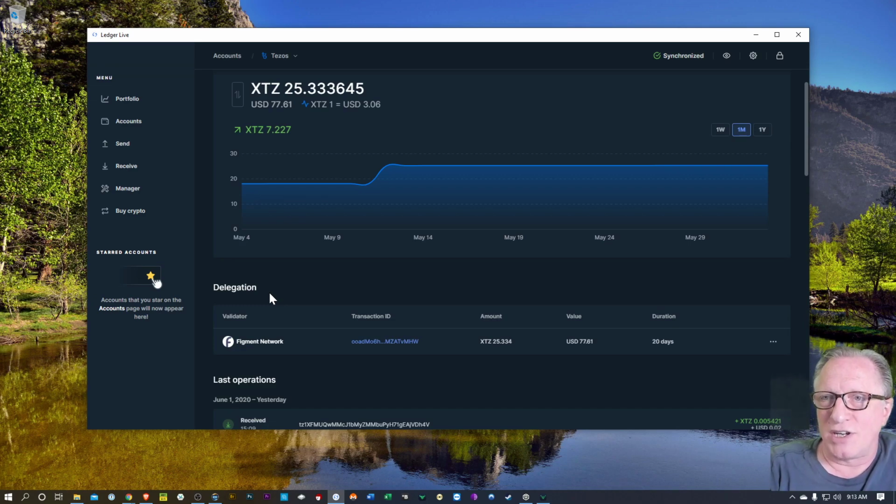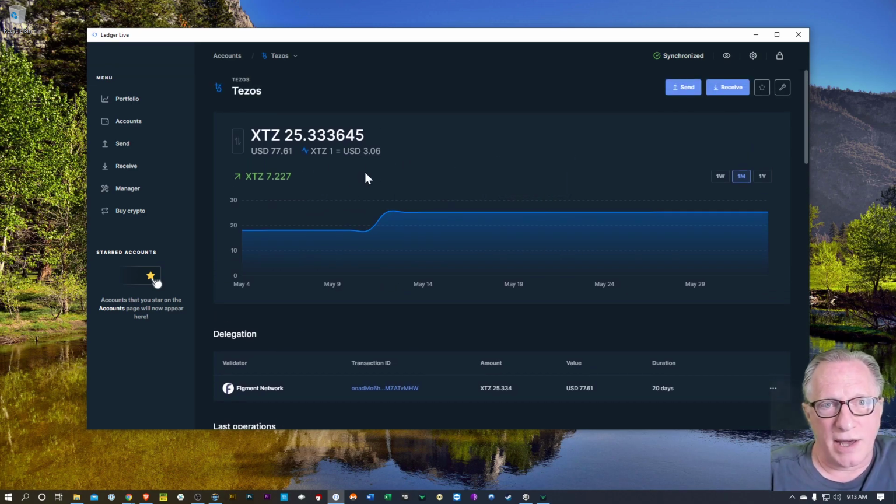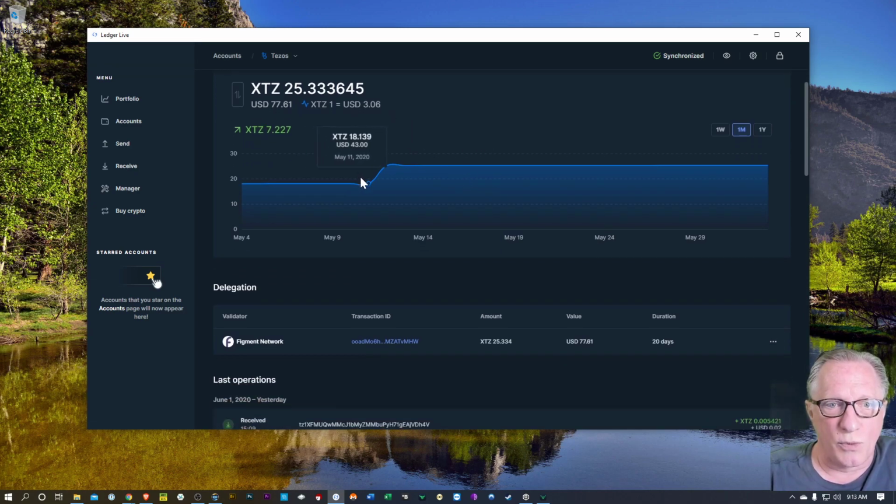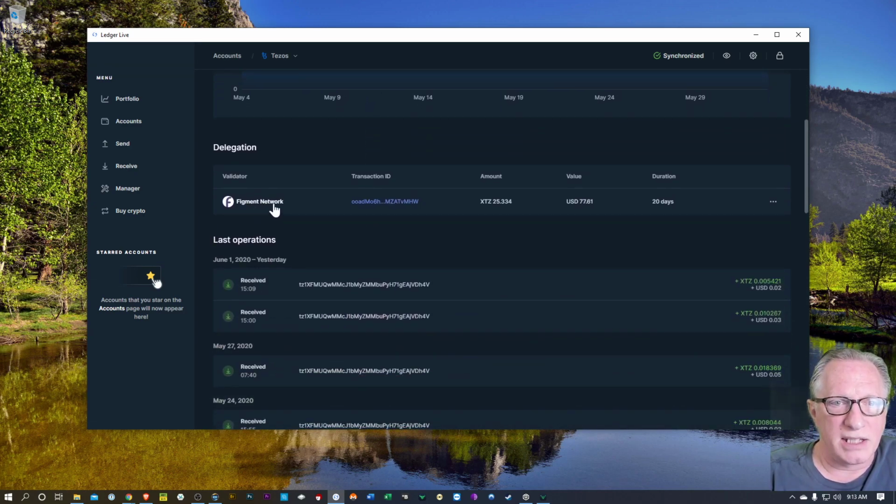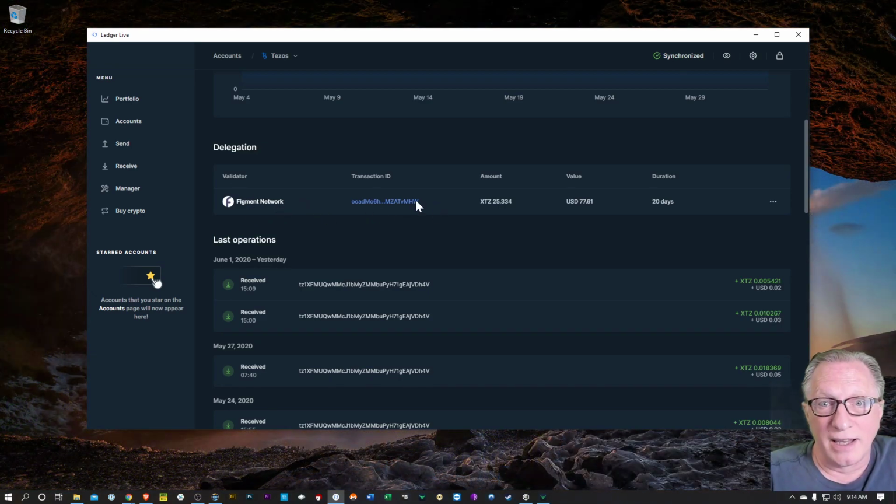Not every blockchain is proof of work like Bitcoin. Some of them are proof of stake, like the Tezos network. And as you can see, I've got some Tezos in this wallet, and it's currently being delegated to a validator. So I'm basically lending them the use of my cryptocurrency, and I'm earning interest on that.